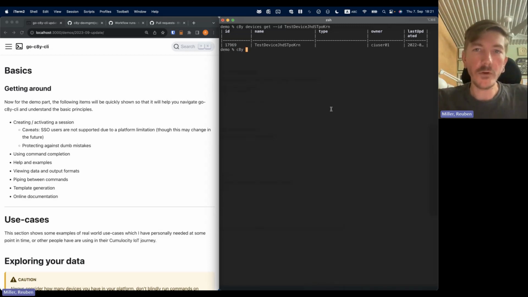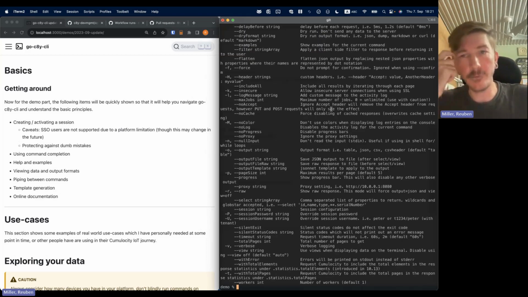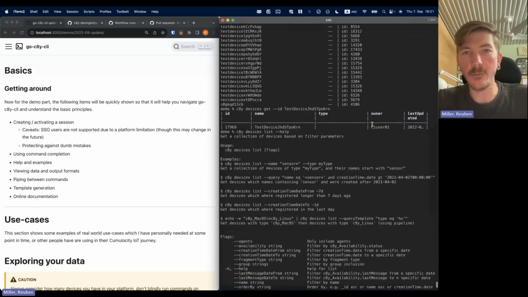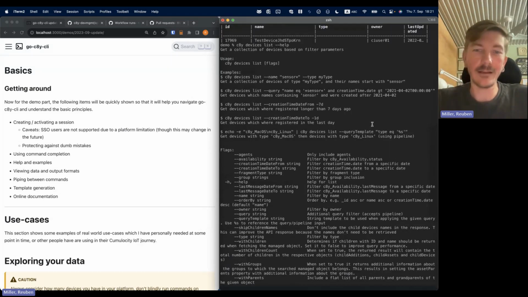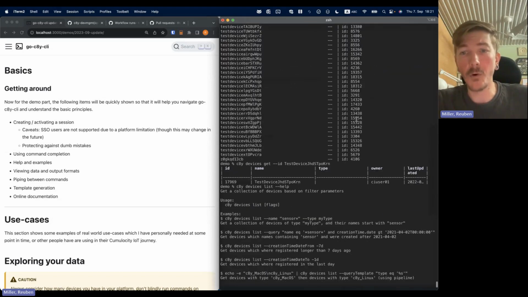Sometimes you reach a limit of tab completion. Sometimes you need to go, well, other examples, or what's the help like? All of the commands obviously have a help. So you can either have the full-blown help, which is a little bit verbose because there's a lot of global flags for different kinds of use cases and everything. To weed out some of the noise, you could pipe that to more,